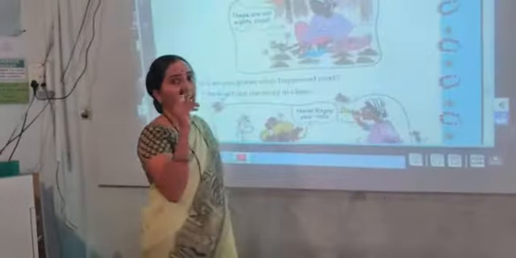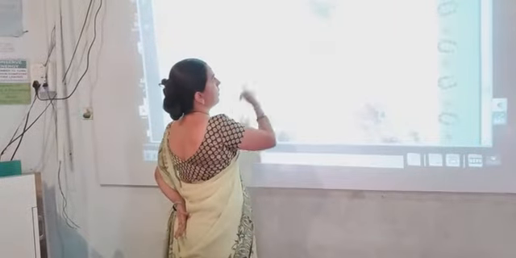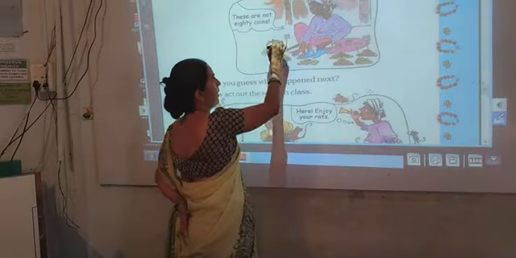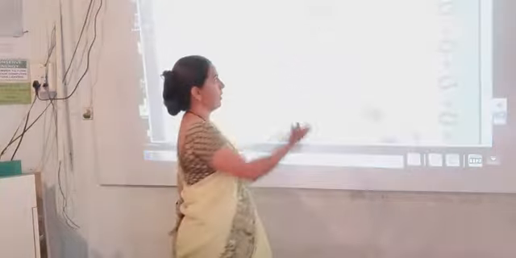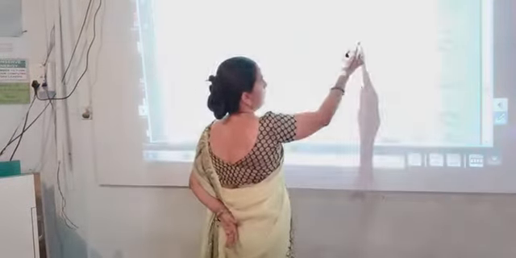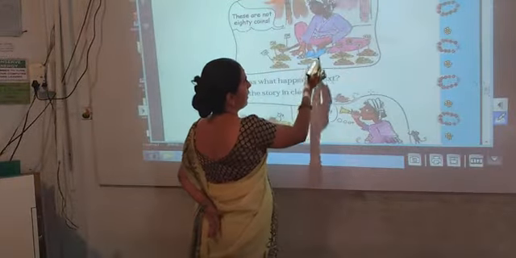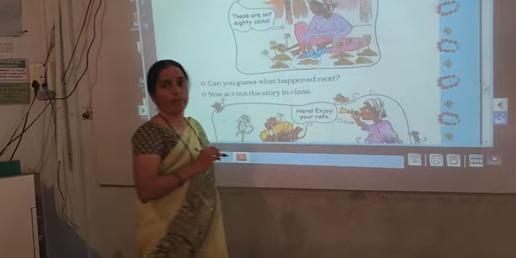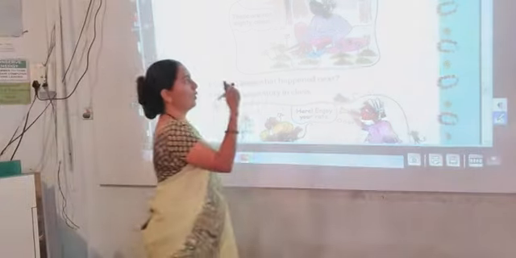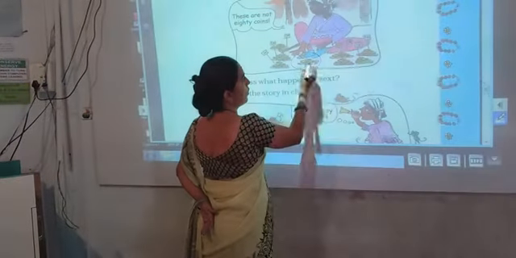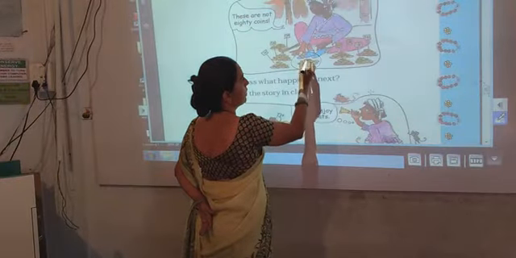But now the man is counting his coins and the coins are not 80. Here are the 10, 10, 10, 10, 10, 10. How many coins? 30. Yes. 40, 50, 60 and 70. But here are not 10 coins. Here also should be 10 coins. But these are not 10 coins. Let's count. 1, 2, 3, 4, 5, 6, 7, 8.